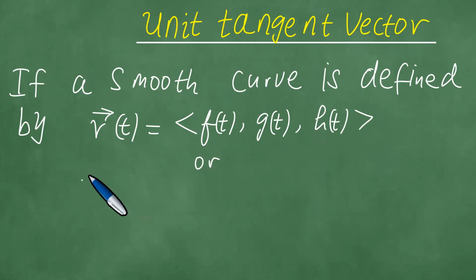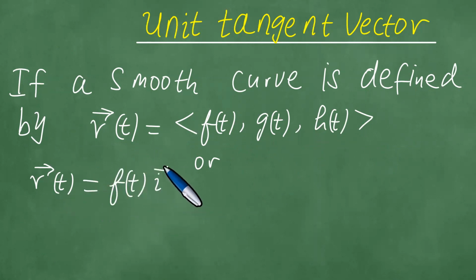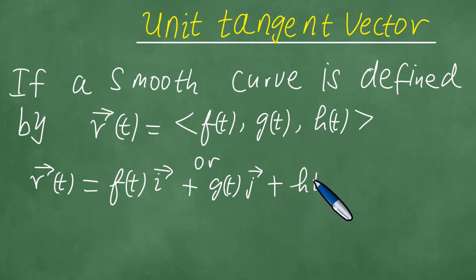Or if you don't want to define it like this, you define it as r of t, which equals f of t times i plus g of t times j. Okay, so in other words, the i, the j, and the k are our unit vectors. Right, and then we have plus h of t times the unit vector k, like so. So if a smooth curve is defined by this or that,